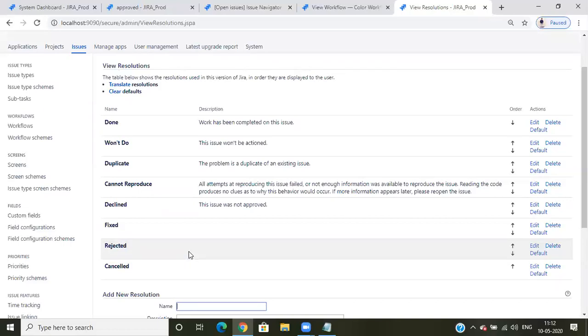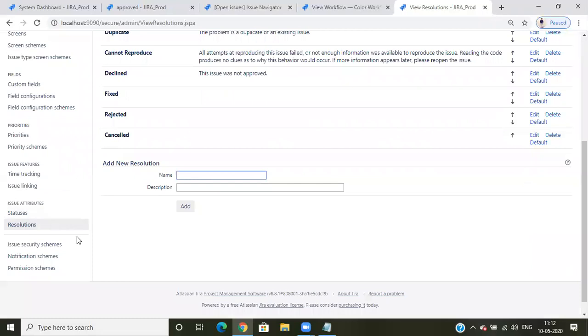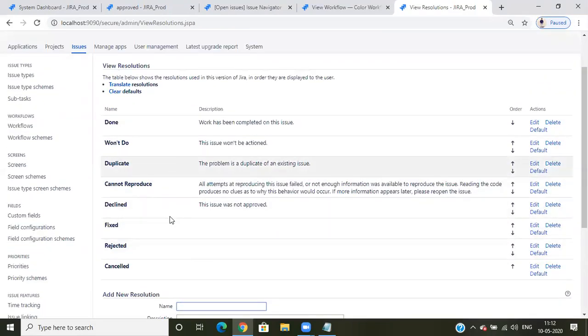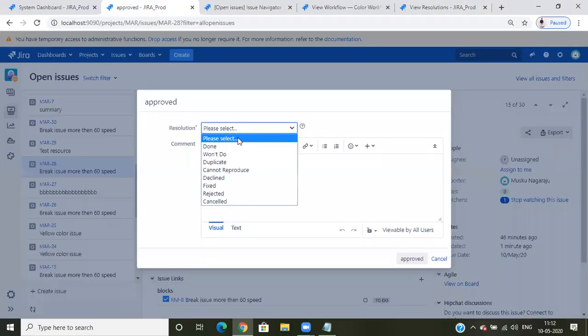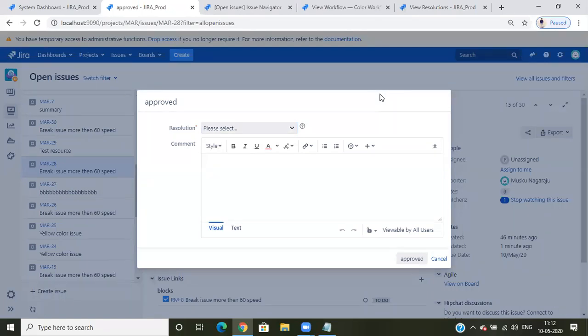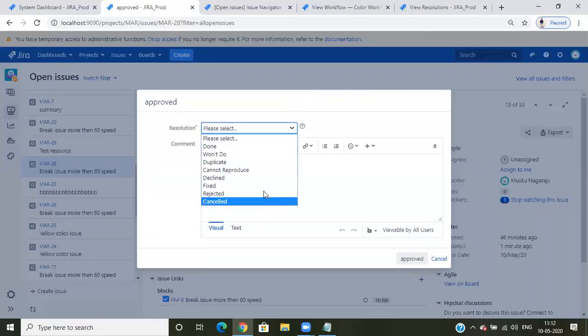Okay. Why all will come: this is not any custom one to select the project or something. This is the system default one. We can give resolution options to select a resolution for all; where you add that resolution field, all of these fields will come by default. In some previous versions as well, many people faced this problem, asking how we need to restrict it. But we have one option to restrict it based on projects or based on transitions.